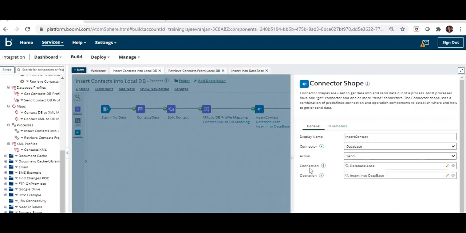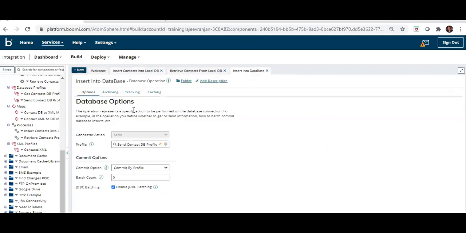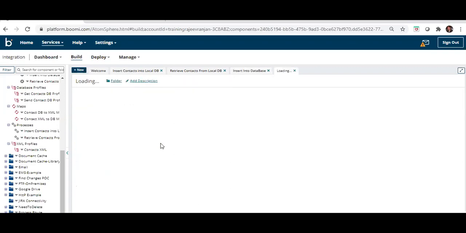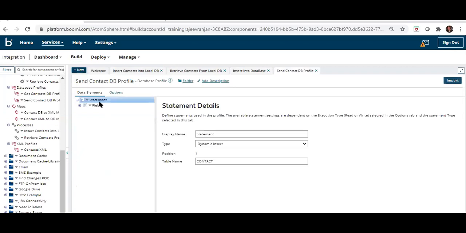In the insert, the connection is the database, the operation is insert into database, okay, and this operation contains our database profile, which is basically inserting the data into the database. If you open this, this database profile contains our actual SQL statement, what action needs to be performed at the database.